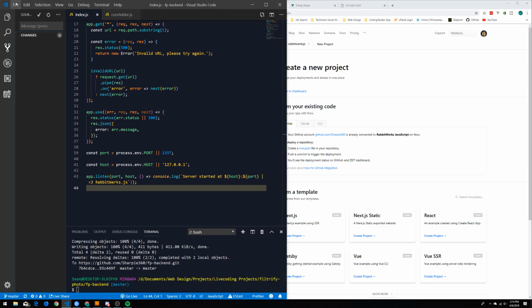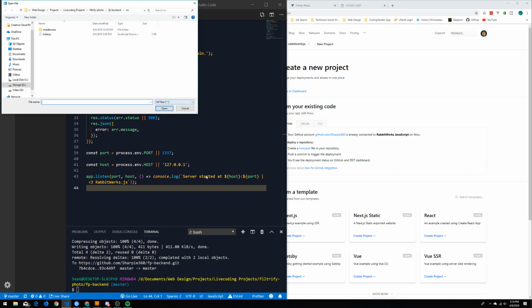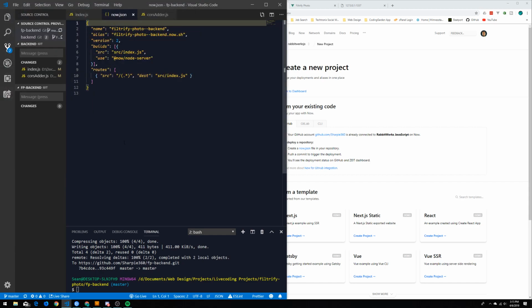So let's pull those up really quick. Just say open file, and then right here, we'll open it from the other one. Okay, so it's just a small JSON file, and basically it's got a name that we're setting for Filtrify Photo Backend. Alias is the web address that we wanted it to be aliased at. And then the builds, we're using the second version of their API. The build is source. It tells us where the index.js, the app entry point, is, and then